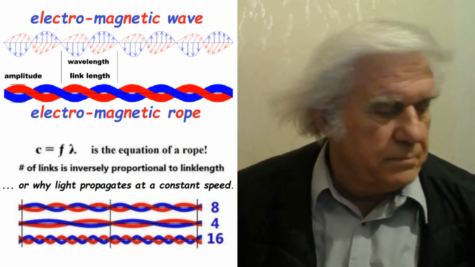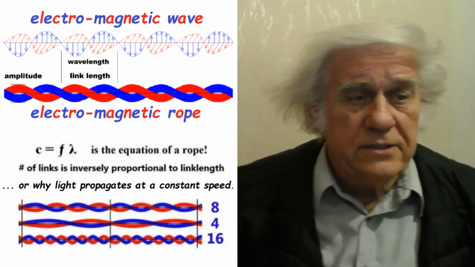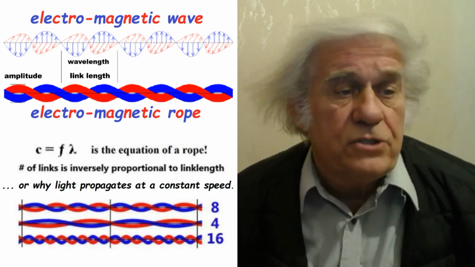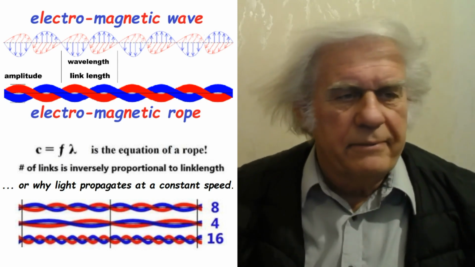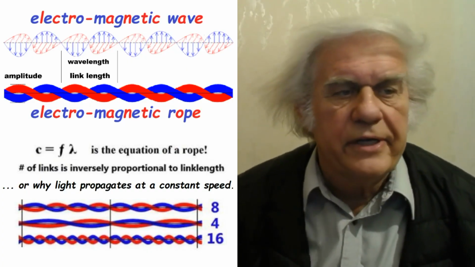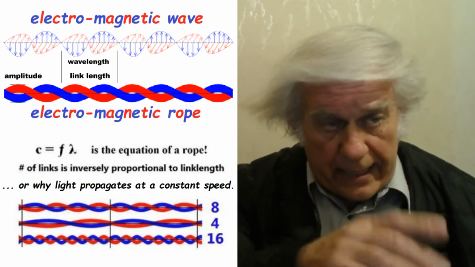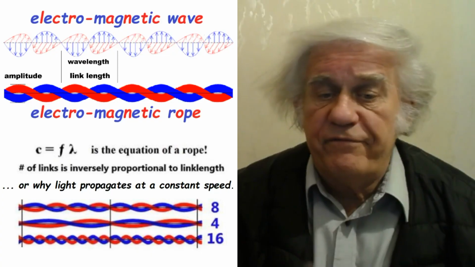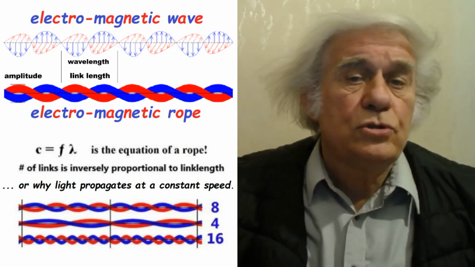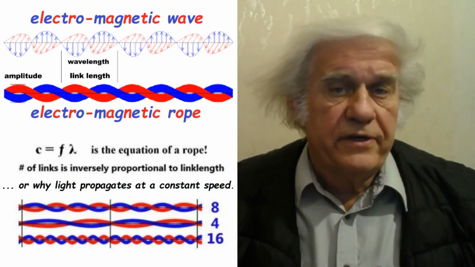It's got to be a rope. Okay, this is it, folks. It's a rope. So you can see it has all the features of the so-called electromagnetic wave, which has been corroborated over 100 years. It's got wavelength. We call it the link. It's the length of a link. It's got amplitude, right? The height. And it's got frequency, because you have all these goosebumps, and the number of bumps there is the frequency.